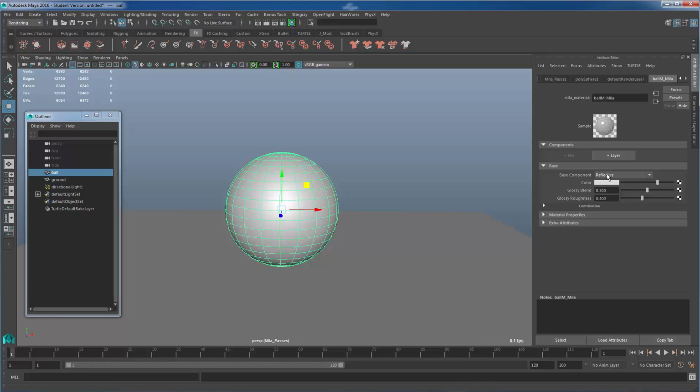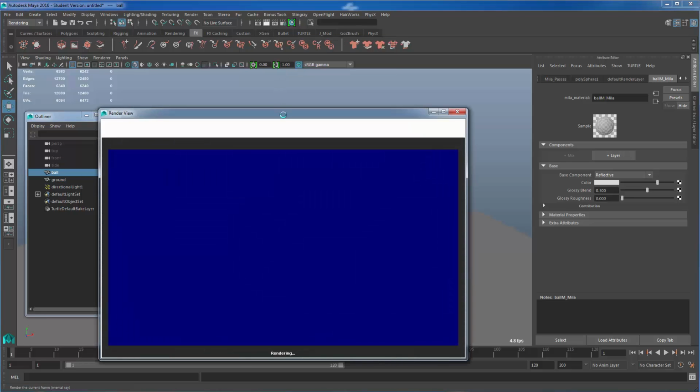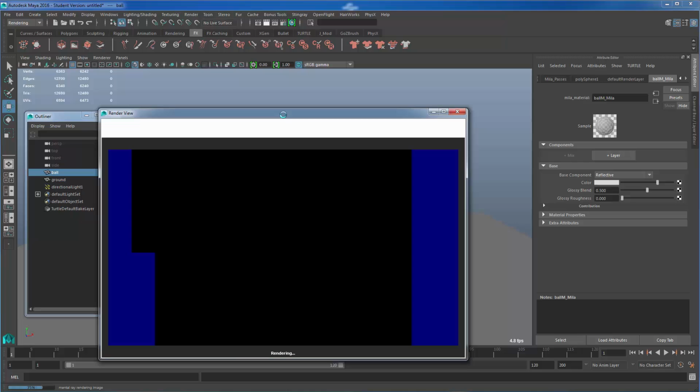There's my material. It's reflective. I left the color. The glossy roughness is a thing to address because it will add a rough, speckled roughness onto this object, and it also adds to the render time when you have that up. So I'm going to put it to 0,